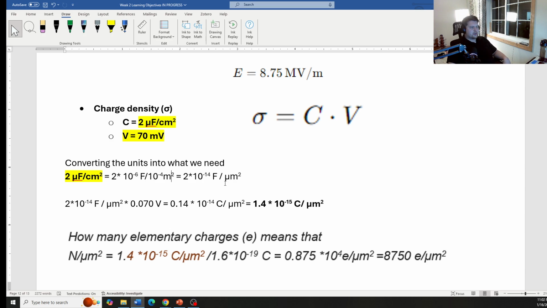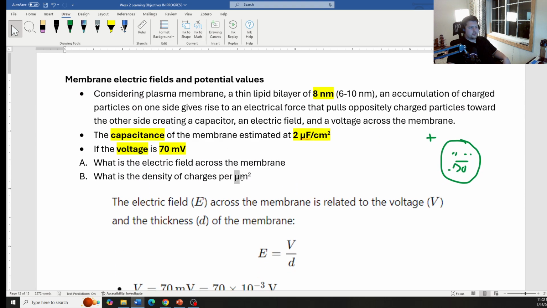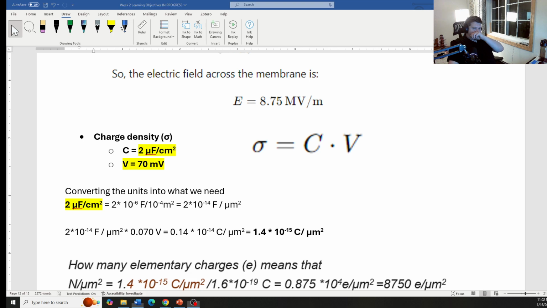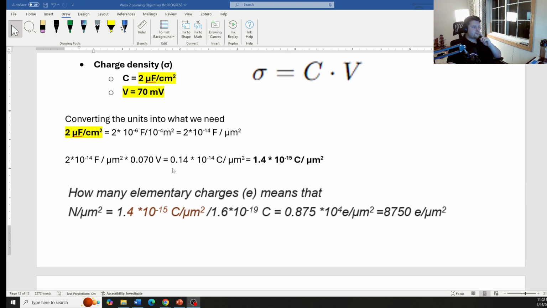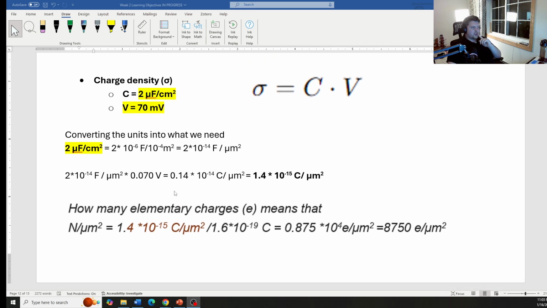Convert it to meters, and because they want the answer in micrometers, we convert it all the way to micrometers. From there, it's just plugging and chugging, where we plug in the voltage, we plug in the capacitance with the new units, and we get 1.4 times 10 to the negative 15th coulombs per